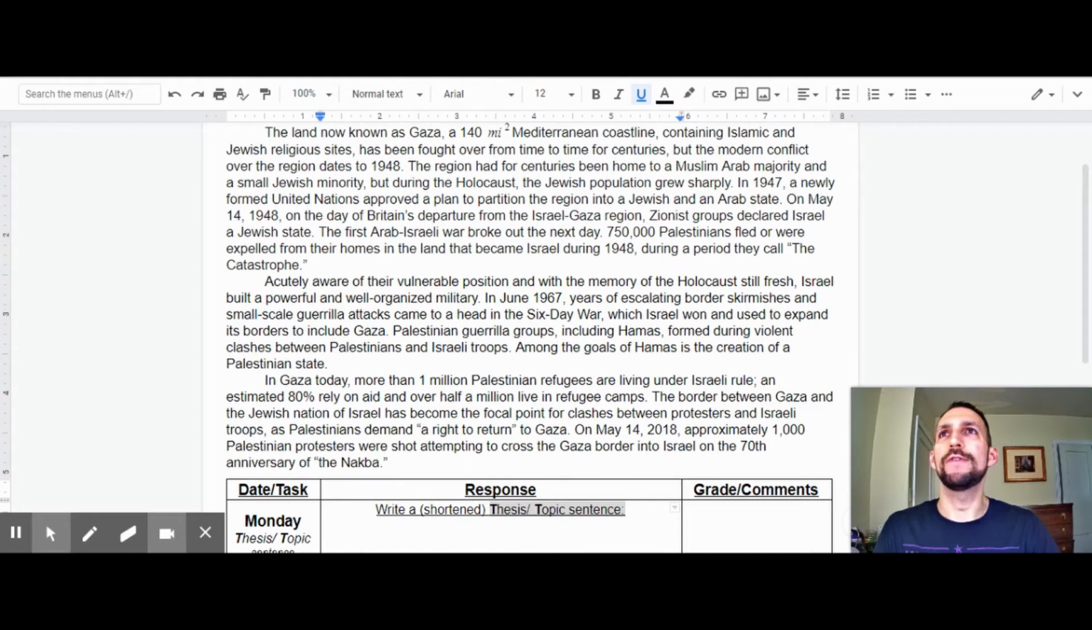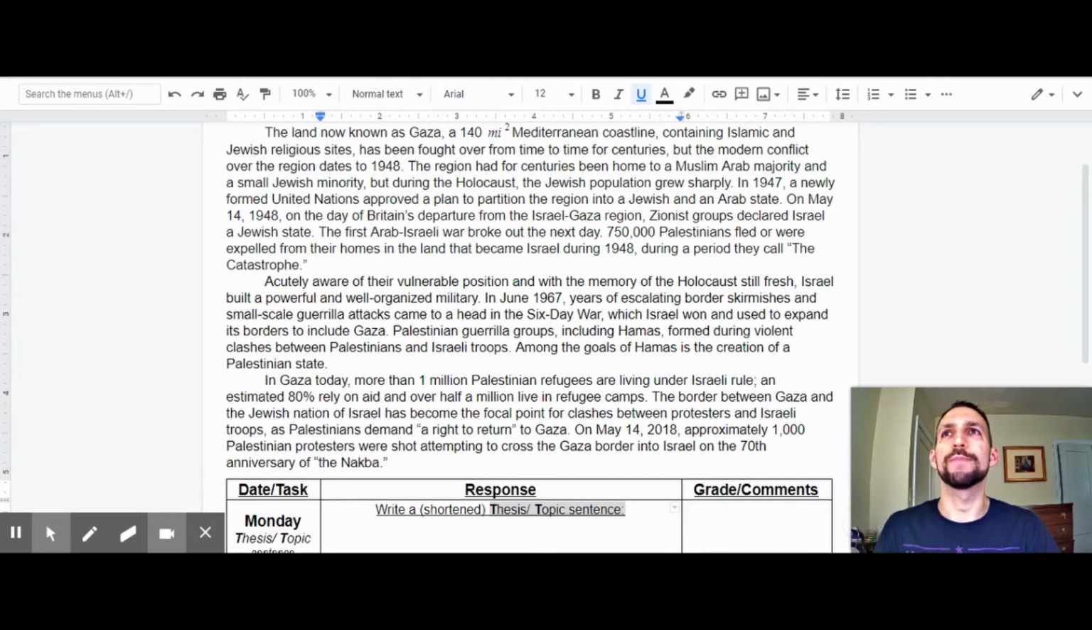In 1947, a newly formed United Nations approved a plan to partition the region into a Jewish and an Arab state. On May 14, 1948, on the day of Britain's departure from the Israel-Gaza region, Zionist groups declared Israel a Jewish state. The first Arab-Israeli war broke out the next day. 750,000 Palestinians fled or were expelled from their homes in the land that became Israel during 1948, during a period